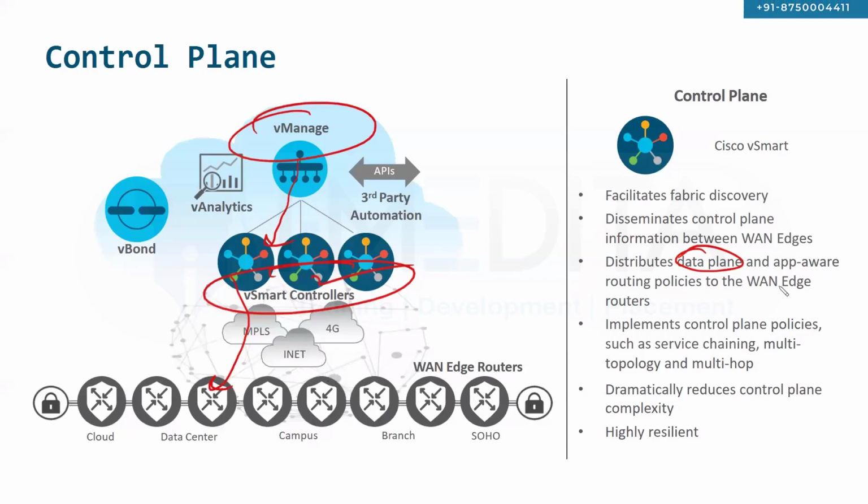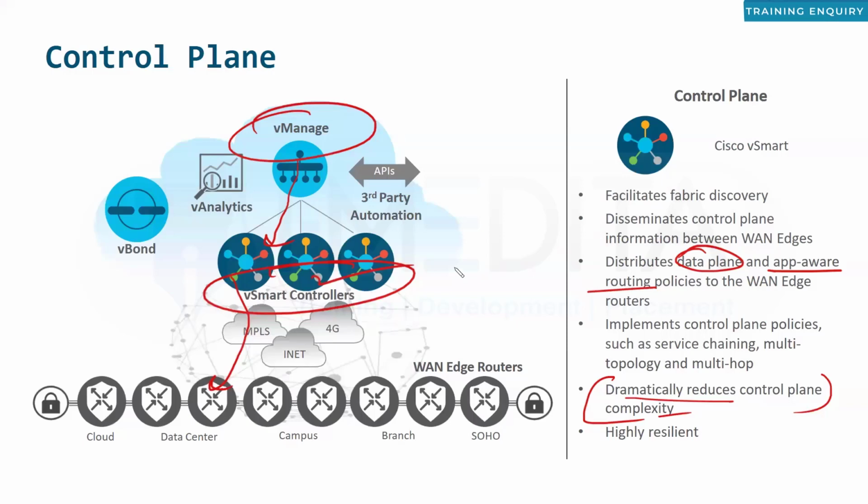to perform probably app aware routing or maybe some other data plane policies, right? It dramatically reduces the control plane complexity. You know why? I gave you one example yesterday, right? That if you have maybe 500 sites and you were running BGP and you needed to modify the primary secondary path, then you needed to log into each and every branch router and modify the BGP policy so that you could modify the primary or secondary path,